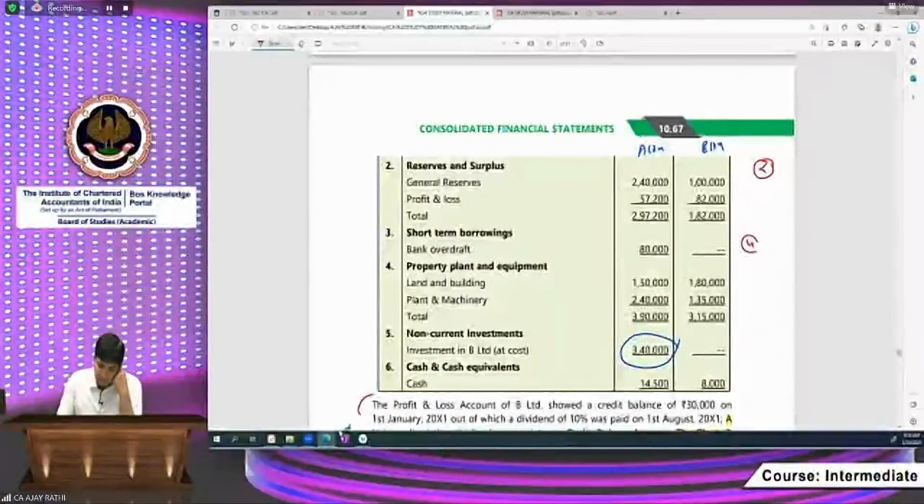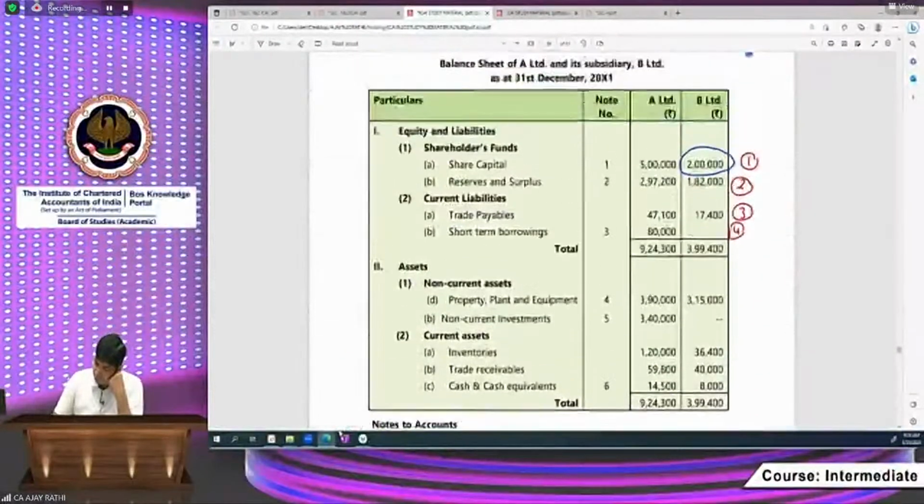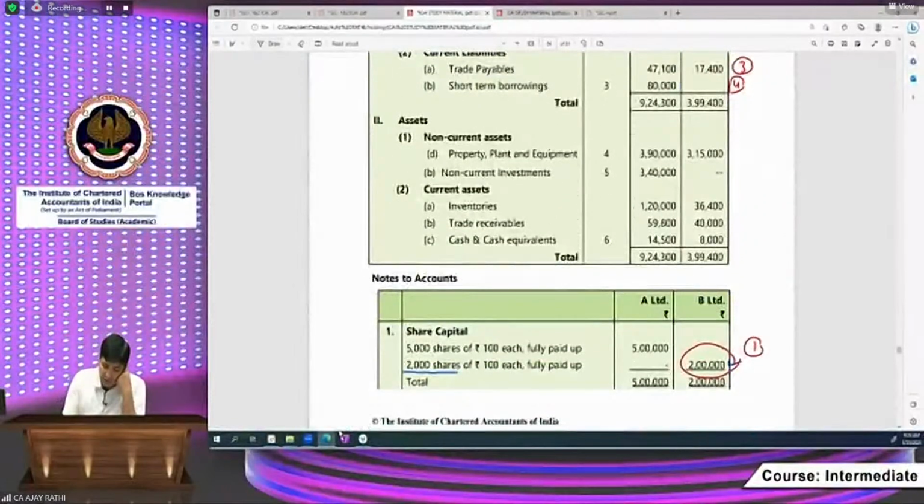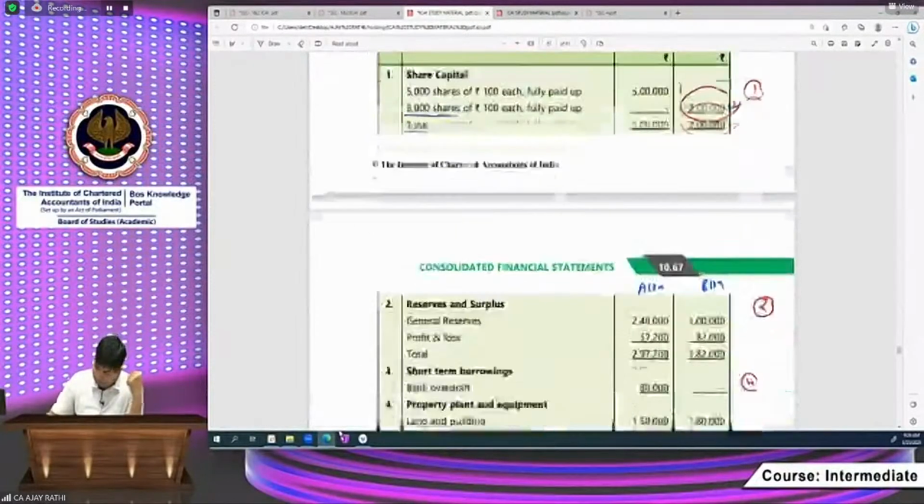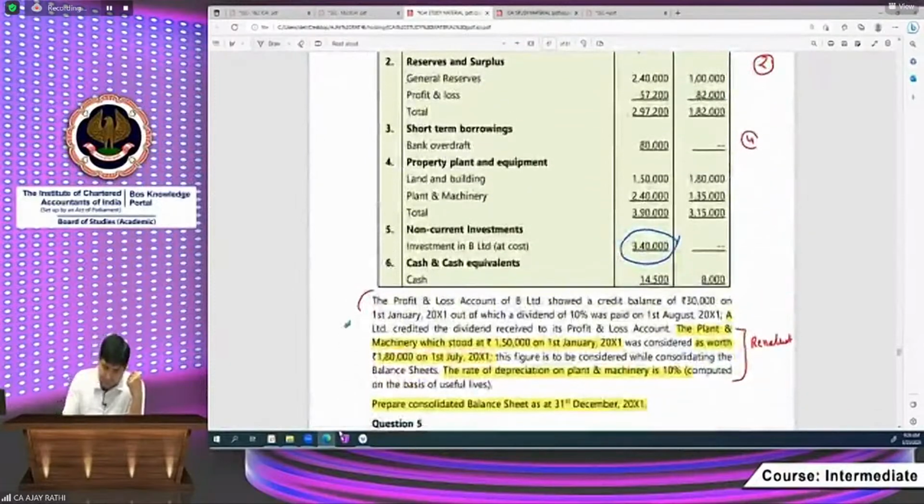Next point is there. We have consolidated all the equities and liabilities. Now consolidating the asset side. Point number 5 is there. There is notes to accounts for that. Property, plant and equipment. Please go to notes to accounts. This is land and building and plant and machinery. And remember, there is perfect speed. Okay, beta. There is one more thing, that is revaluation, which we need to take care of. In case of revaluation, the subsidiary company's plant and machinery will be there, in which you have to add the revaluation profit, and you have to reduce the additional depreciation. Remember,